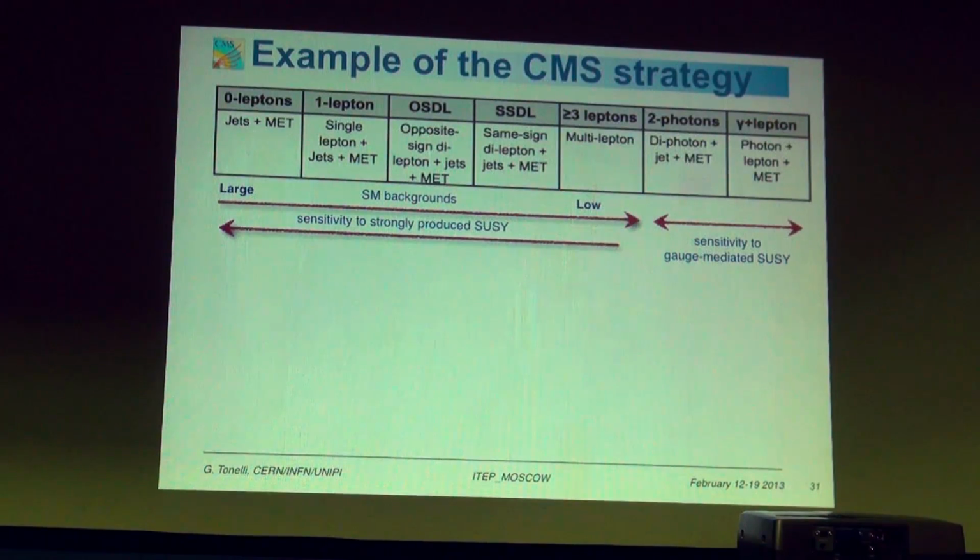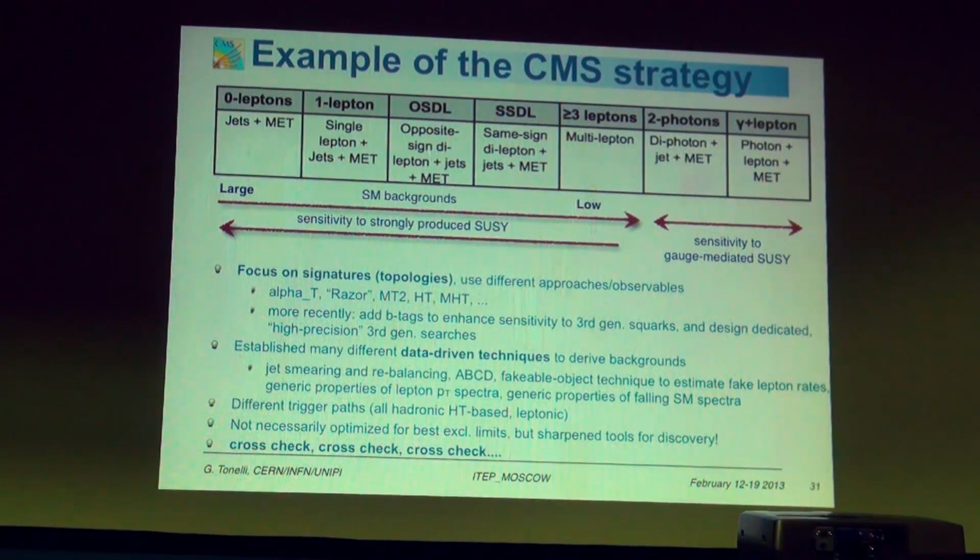So here you are looking for very rare events, a handful of events. And in this case, you are less sensitive to strongly produced SUSY. The cross-section times branching ratio are very small, and you are, on the other hand, more sensitive to gauge-mediated SUSY. So there is some complementarity between the two. So basically, what is done by ATLAS and CMS is concentrate on these topologies, and the name of the game,